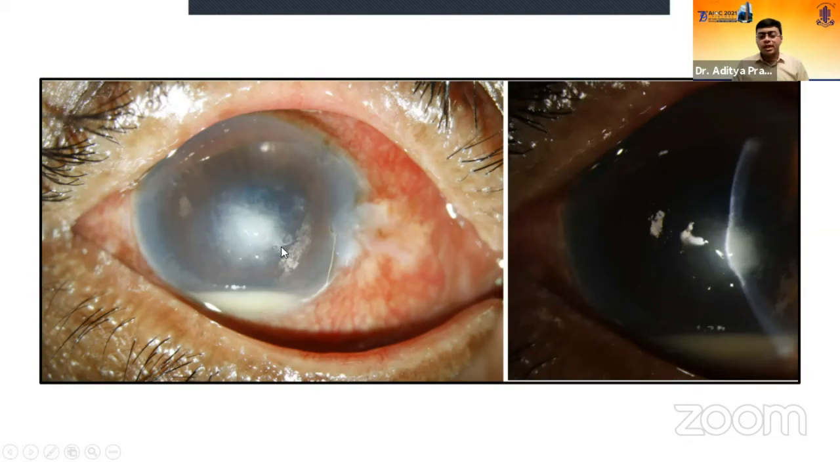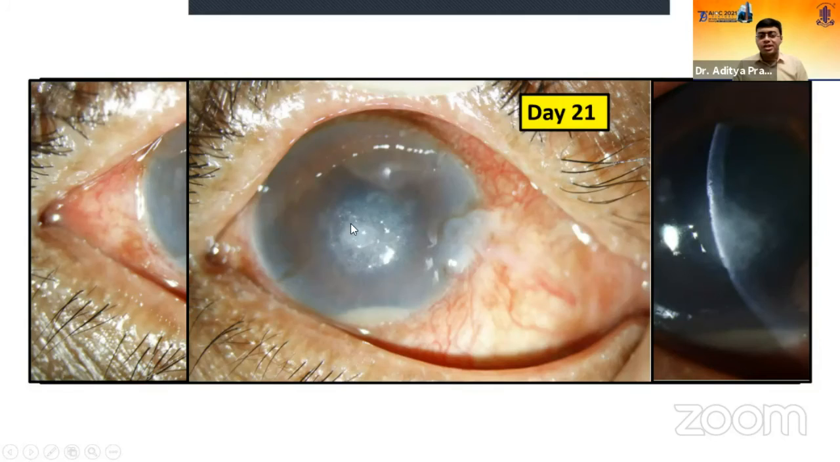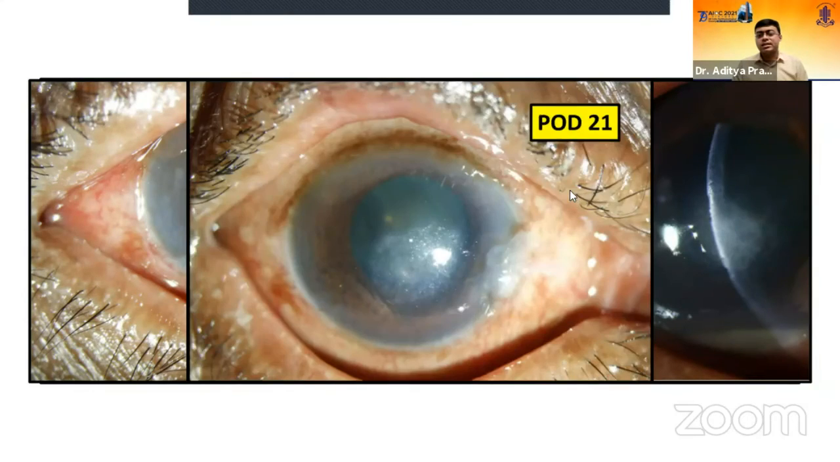Another gentleman who presented with this fungal ulcer with hypopyon not responding. This is day 7 of medical treatment. It has gone down. The hypopyon is still persisting. Day 21, almost healed, but now it has become a PED with a central infiltrate. At this stage, we decided to do a simple tarsorrhaphy. You can see 3 weeks after the tarsorrhaphy, no hypopyon, eye is almost white, and there is a nice scar